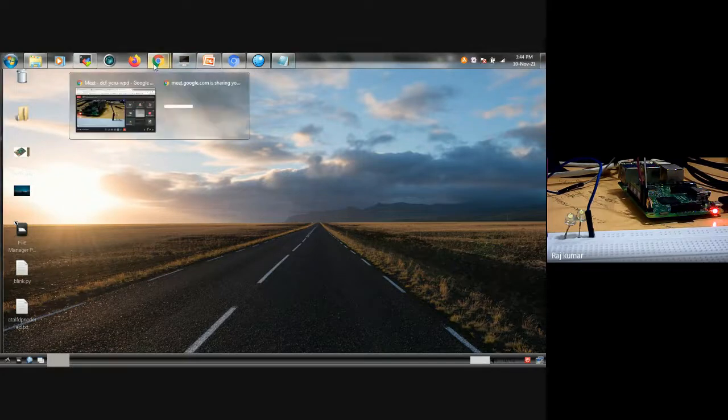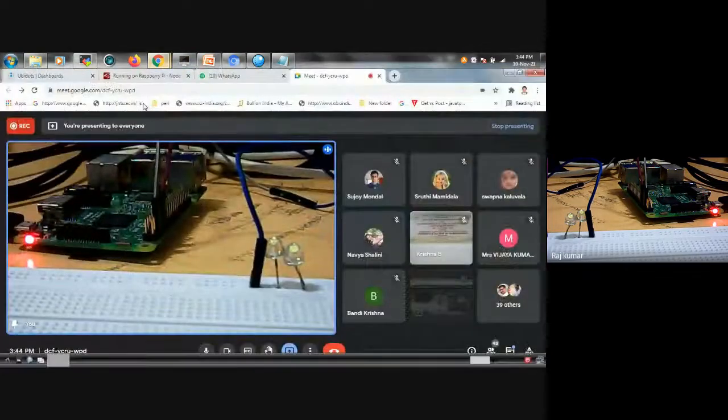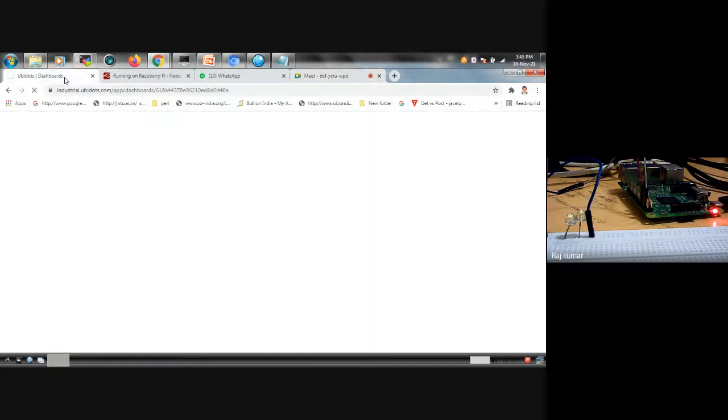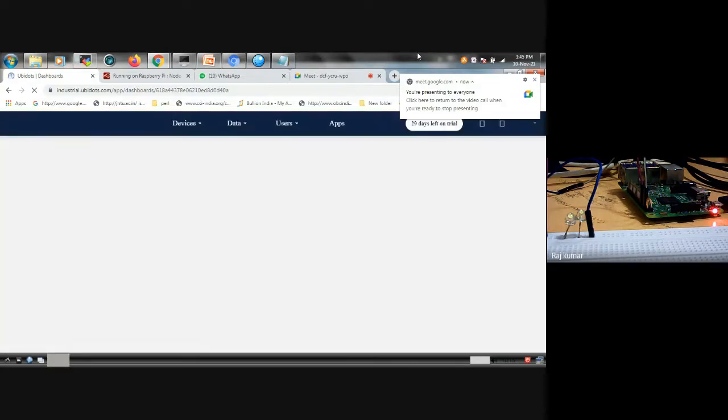I have chosen Ubidots as my service provider, and in that, industrial.ubidots. The problem with industrial Ubidots is that we only have a one month trial, which is enough for one or two days, and it was not working yesterday.